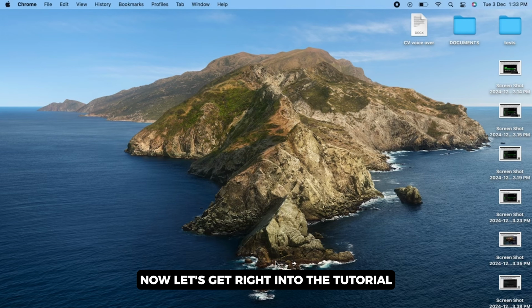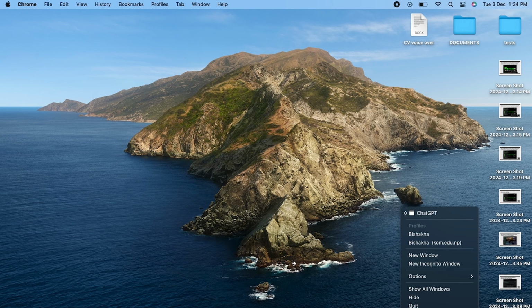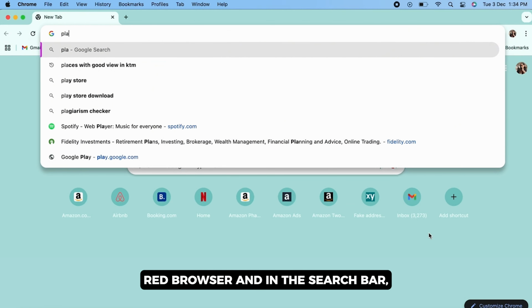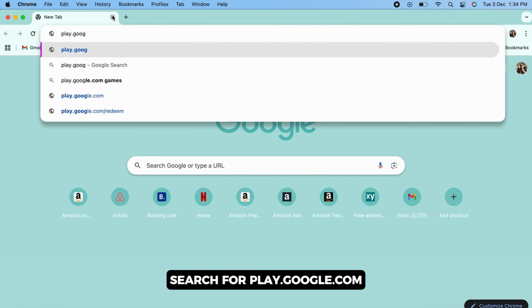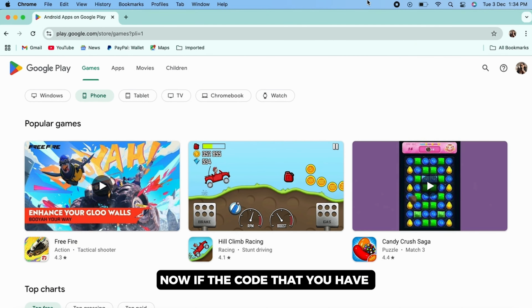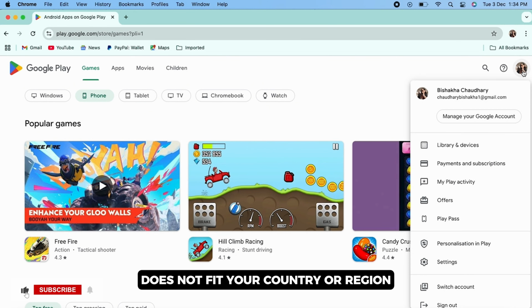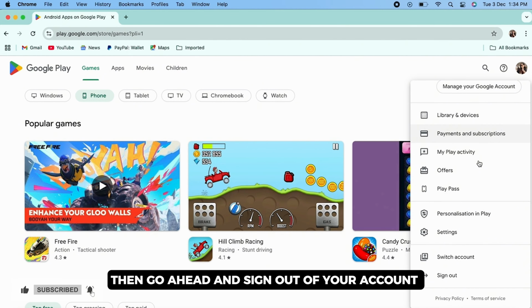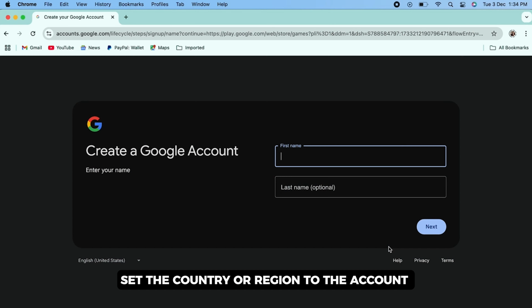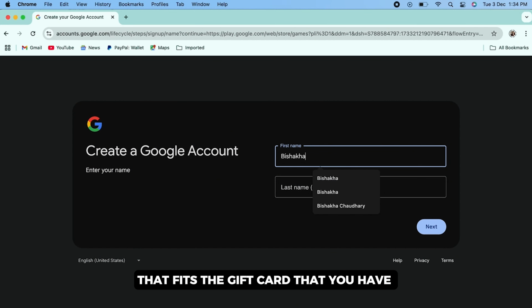Now, let's get right into the tutorial. Firstly, go ahead and open your preferred browser and in the search bar search for play.google.com. Now, if the code that you have does not fit your country or region, then go ahead and sign out of your account and create a new account. And while setting the country, set the country or region to the account that fits the gift card that you